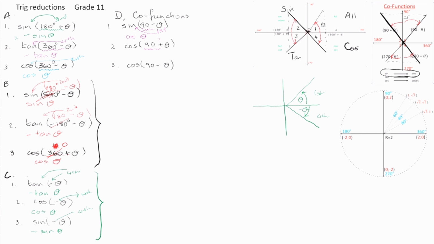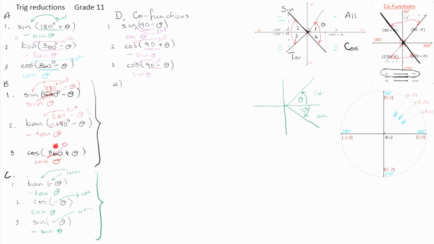90 plus is second quadrant, where cos is negative and changes to sine. This one here, 90 minus is cofunction, it's off that table. 90 minus is going to be the first quadrant, where cos is positive and changes to sine. Right, and then just to give you one extra,